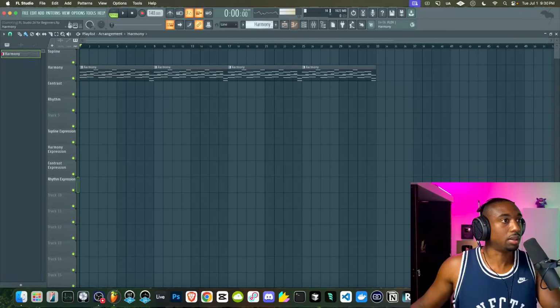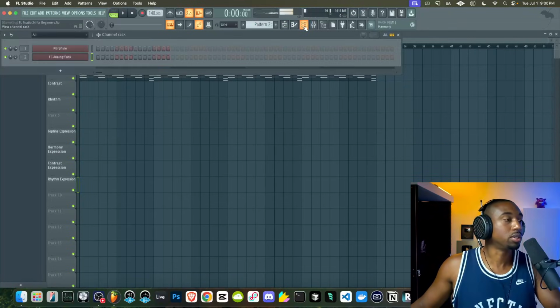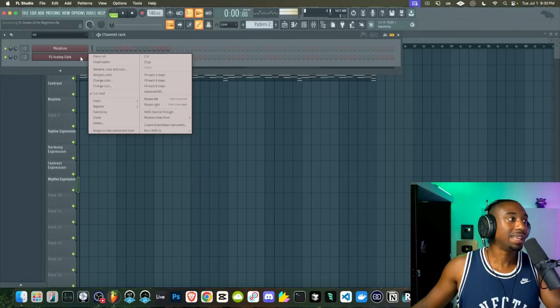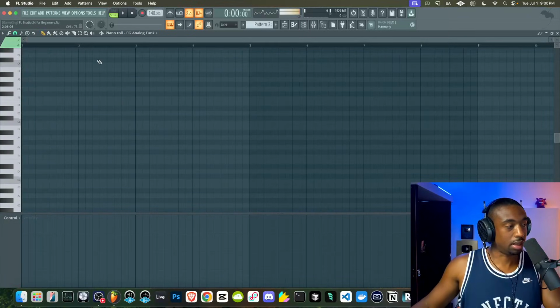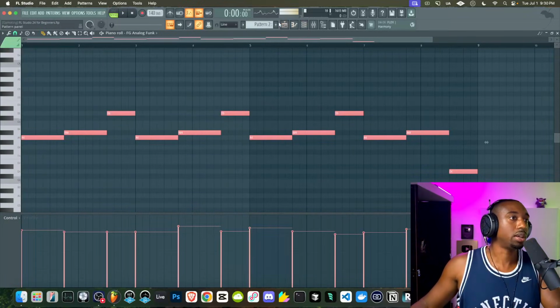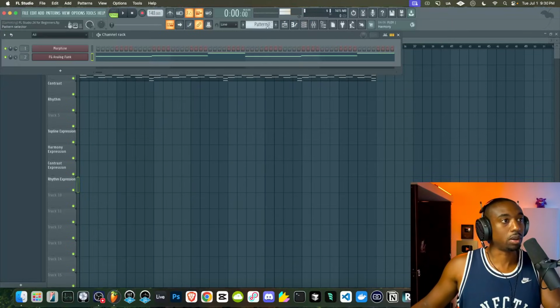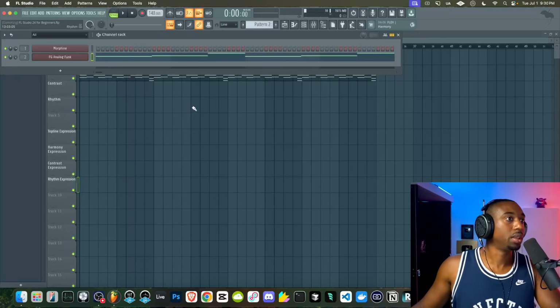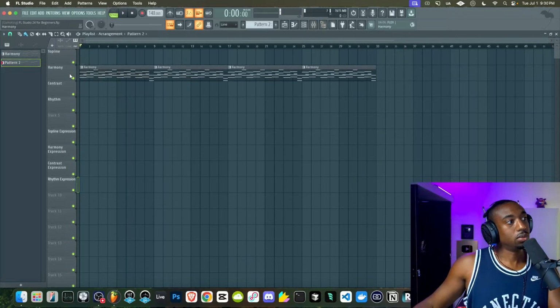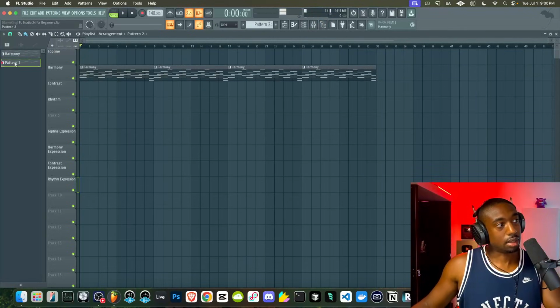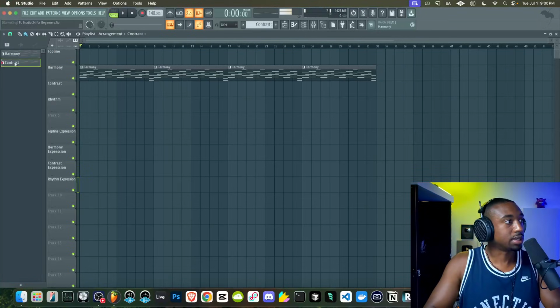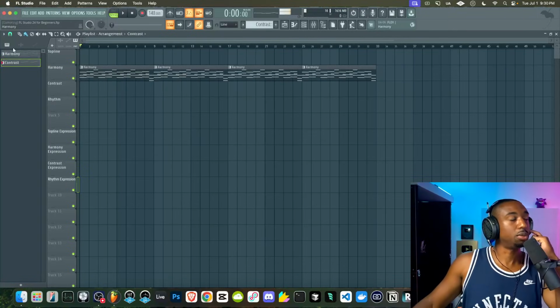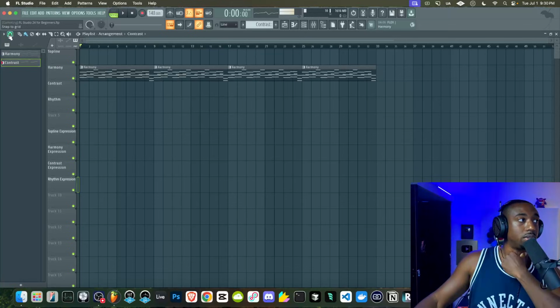Okay, so let's find our new pattern that we created, which is pattern 2. Right click and go to piano roll first, then hit Control V. If you try to hit Control V from the channel rack, it will not work. Watch. It doesn't work. It only works when you go into the piano roll. Let's drag pattern 2 into the contrast layer. I'm going to call this contrast. So basically, if you don't see this little plugin area over here, you need to update your FL Studio.